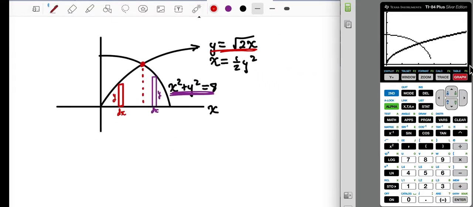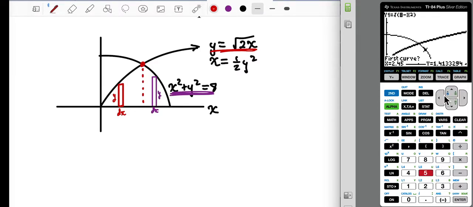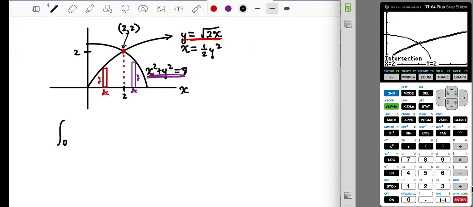All right, we need some bounds. That's going to be related to the intersection. So let me get to that intersection there. A nice clean 2. That's something. 2 comma 2. So we know that this is going to be a 2 here, and this is going to be a 2 here. All right. So if I go from 0 to 2, I'm going to have a y dx,